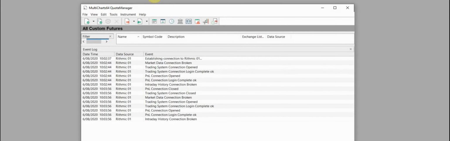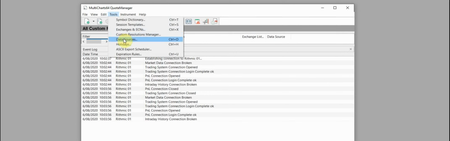So this is the first step, and we bring up the quote manager window. You can just ignore this. This is because I don't currently have Rithmic open, in which case what you'll get is the connection is broken. It's not actually let me feed data into Multicharts because I'm not currently logged into Rithmic. So you just need to make sure that your settings are correct. So you go to Tools, Data Sources,